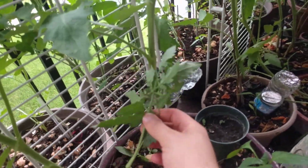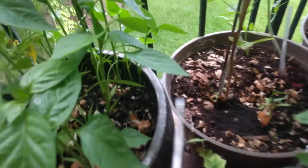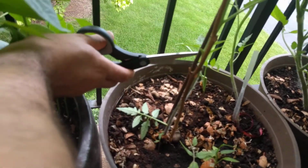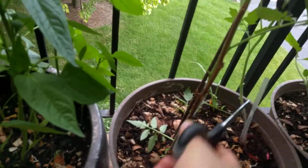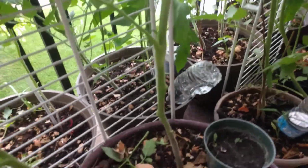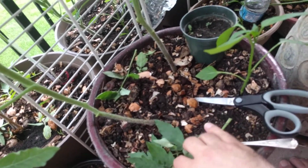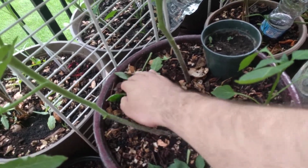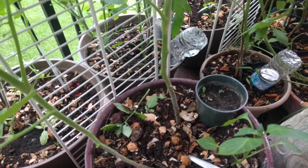When you remove the leaves, just get a scissor and go to the end, like I'm gonna do this one over here, like you see, and then you cut those in the lower part. There you go. It's gonna help the tomato grow healthy. And do not throw them away, you can still use them, they'll turn into wonderful fertilizer for a tomato. Just don't put them directly on the stem, okay? Put them a little bit on the side, they'll dry and then they'll turn into soil and feed for your tomato